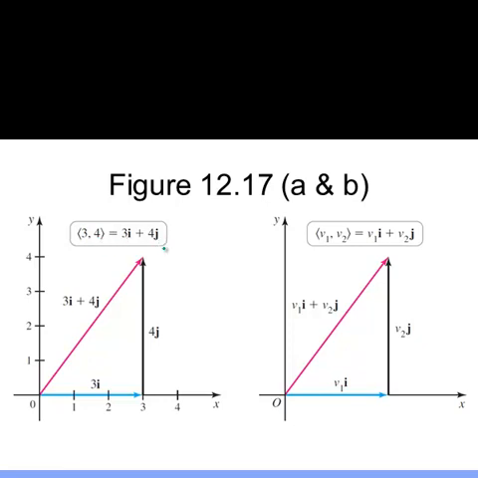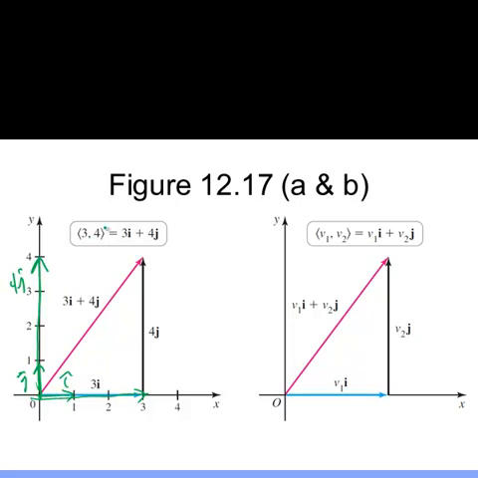Think about it: 3i hat, well, here's i hat, so 3i hat will just give you this vector right there. And j hat is just one unit in the positive y direction. So 4j hat will take you up to here. So you add those together and you get 3i hat plus 4j hat,